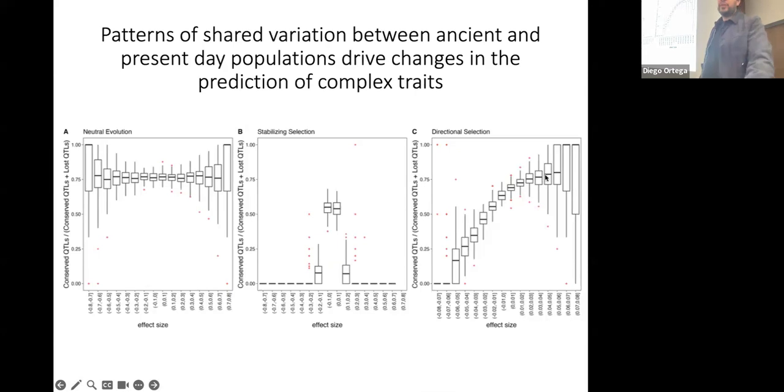There is an effect where alleles that move you closer to the new optimum tend to be conserved, and alleles that move you farther away from the optimum tend to be deleted. Those particular patterns of shared genetic variation, which I'm summarizing here, are those that are affecting the prediction of complex traits. So in essence,